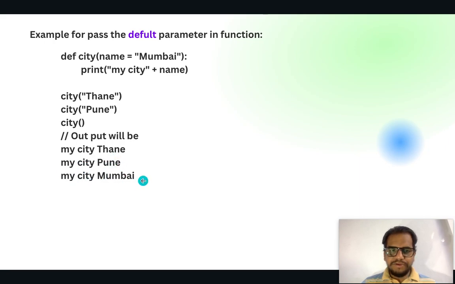Why did Mumbai come here? Because we called the function without passing an argument or values. That's why, as we mentioned here, by default it comes as Mumbai. So it's pretty easy to learn the default parameter. So next